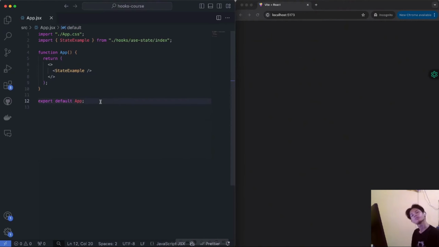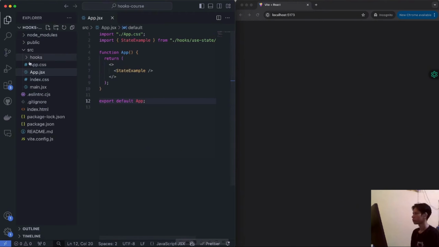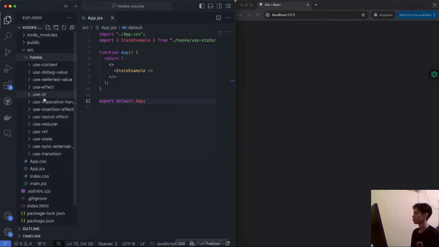Okay everyone, so let's get started. Before I get into our first hook, which is going to obviously be the useState hook, the most simple hook that you can learn in React, I want to explain a little bit about how I'm going to structure this code base in case you want to just follow the examples by going to the code base in the description. How I structure this is I have this folder over here called hooks,